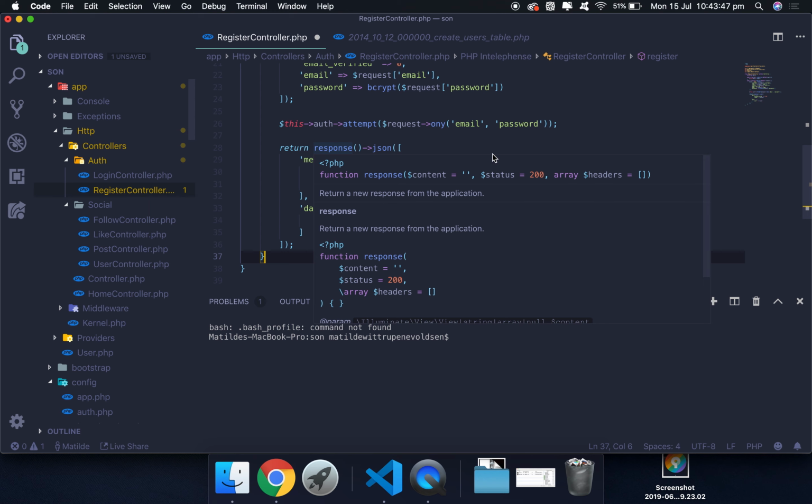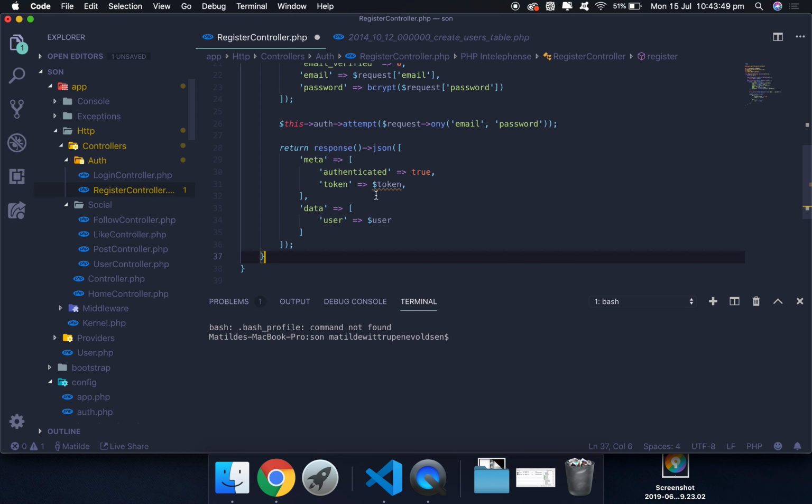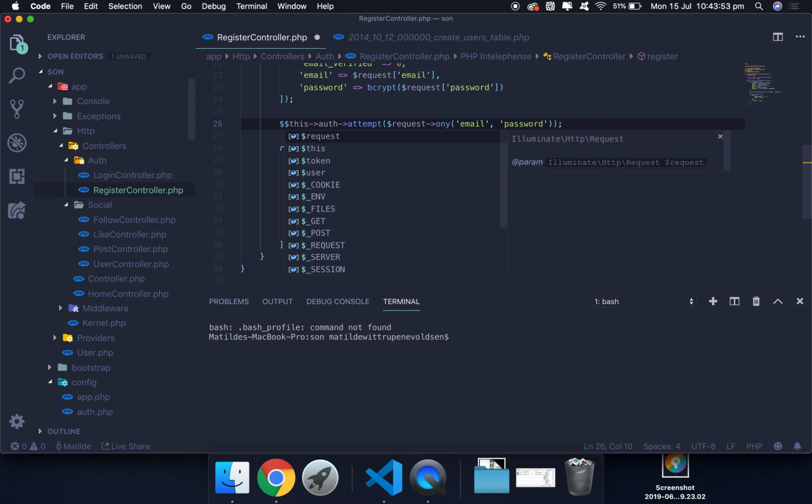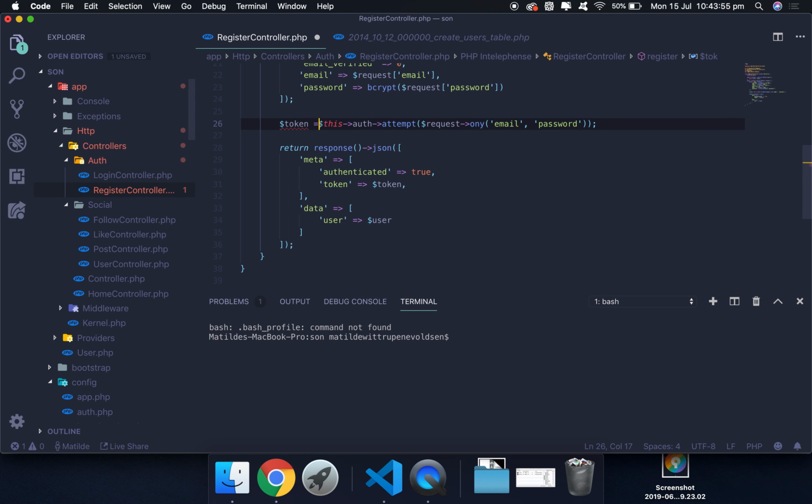The reason why we say token here is because this will, if successful, return a token. Put it in here, and then in the next video we are going to deal with the login system, then the validation of the data, as well as testing the